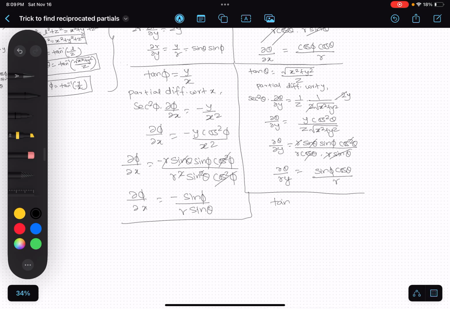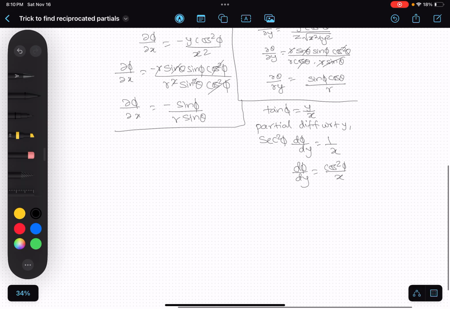Tan phi is equal to y by x. Now if we make a partial differentiation with respect to y, you get sec square phi dφ/dy equals 1 by x. So dφ/dy will be equal to cos square phi by x, which is cos square phi divided by r sine theta cos phi. One of the cos phi cancels out, so this is cos phi by r sine theta, which is our